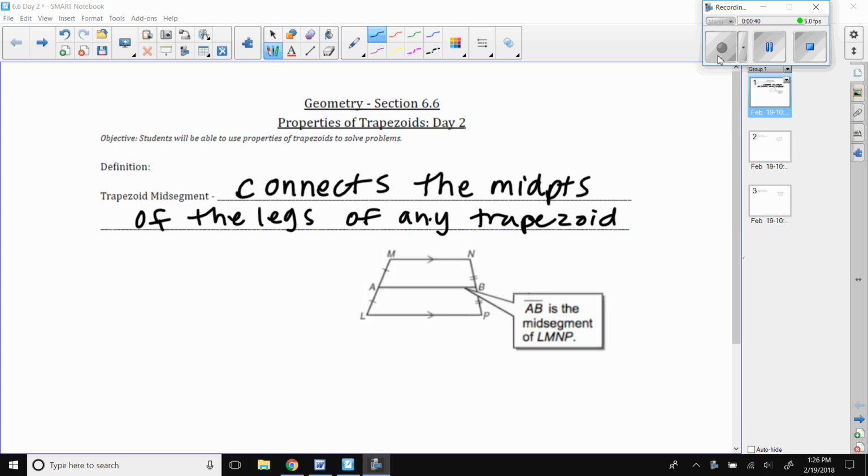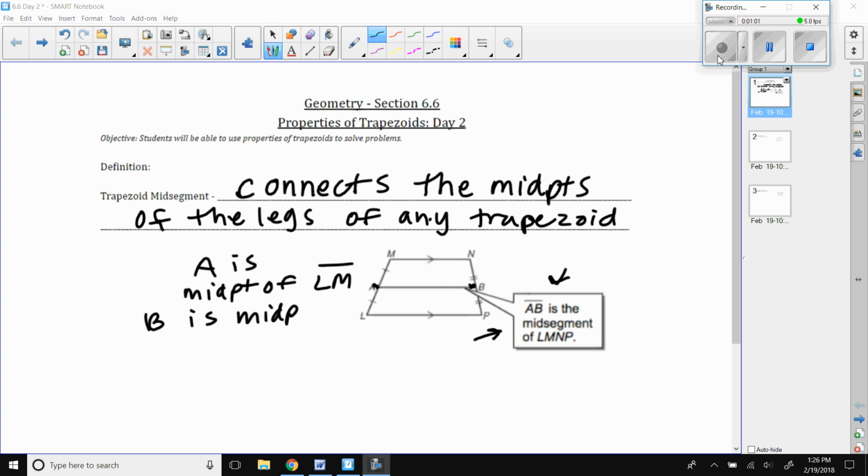And you can see here that AB is the midsegment. That means that A is the midpoint of LM, and B is the midpoint of NP, okay? And the property that we have for this midsegment, in this case here AB, the midsegment,